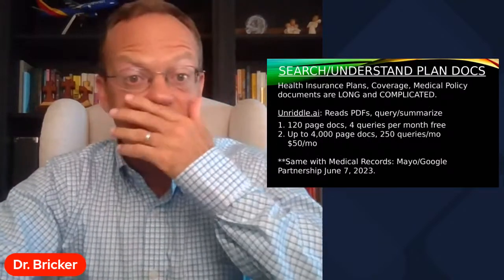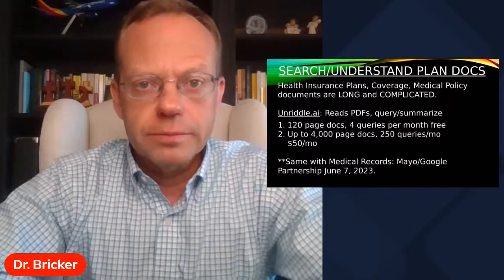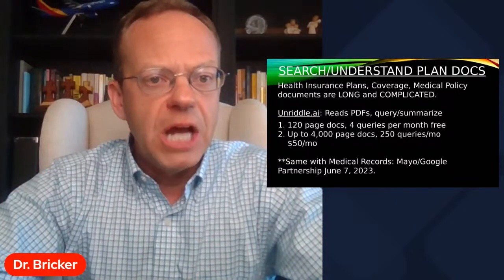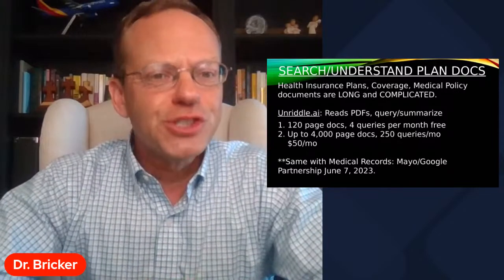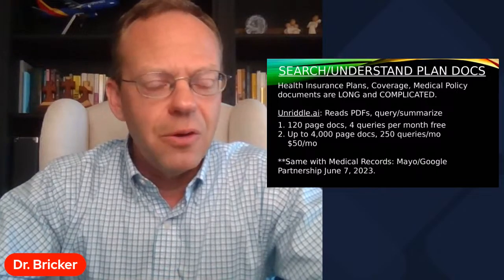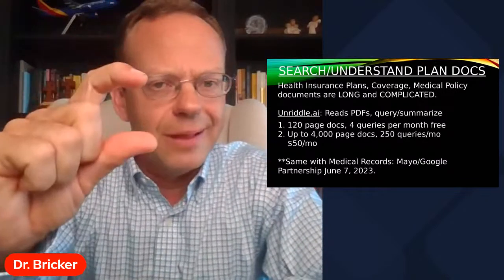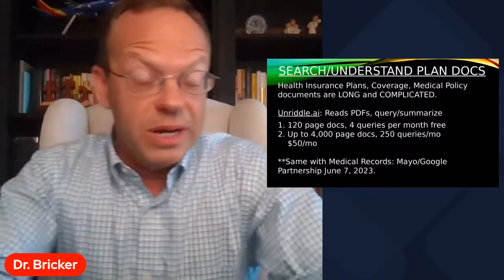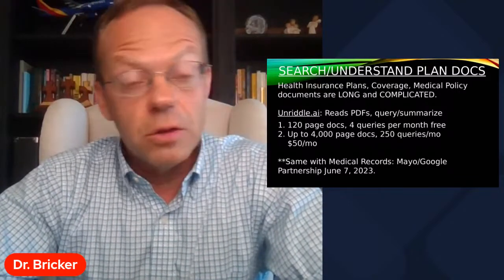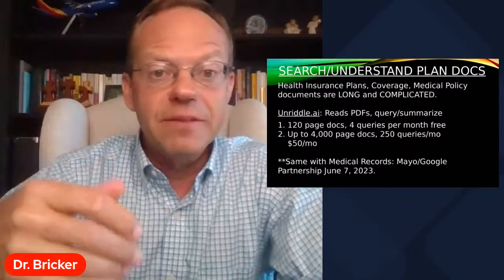Now, another thing that AI can be used for, and this is a personal favorite of mine, is to search plan documents. So a lot of people here work in health and know plan documents. I mean, it's obviously all in PDFs these days, but back when they used to print them out, they're like this thick. And that describes what your insurance covers and what it doesn't cover and how it covers it. Like what's your deductible, what's your co-insurance, how does it cover durable medical equipment? And it's got gobs and gobs of fine print in there.